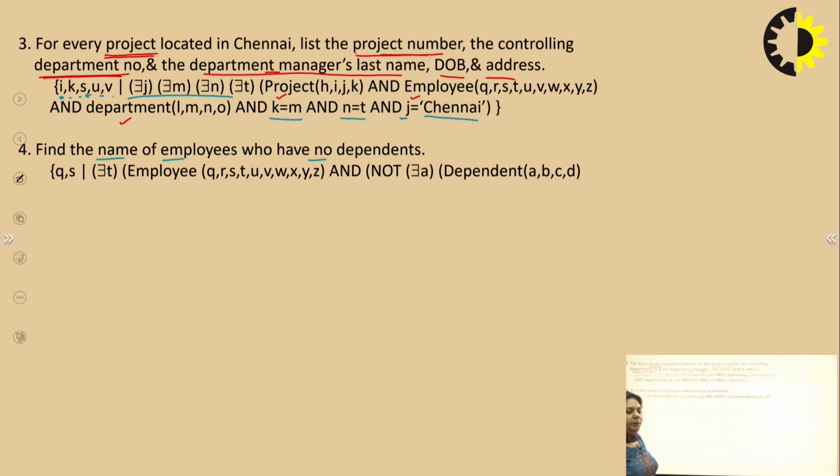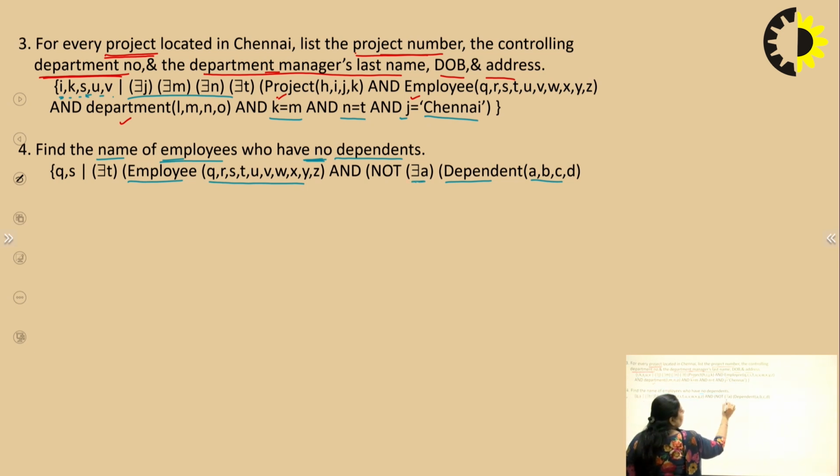That means some employees would be there in a company that are having no dependent, they are only leading managers in the project and they are only working persons in a project. So we want to find those. So what we will have, we are having here two tables, employee and dependent. So we have fetched only two tables here, employee with all its variables. We are having dependent with all its variables. Now it is saying no dependents, so it will not check a dependent there. So we want no dependent.